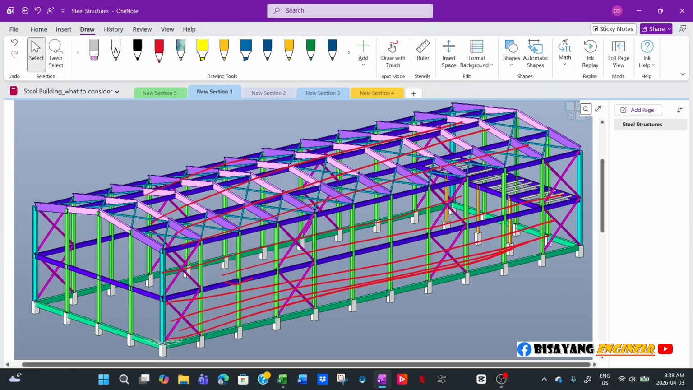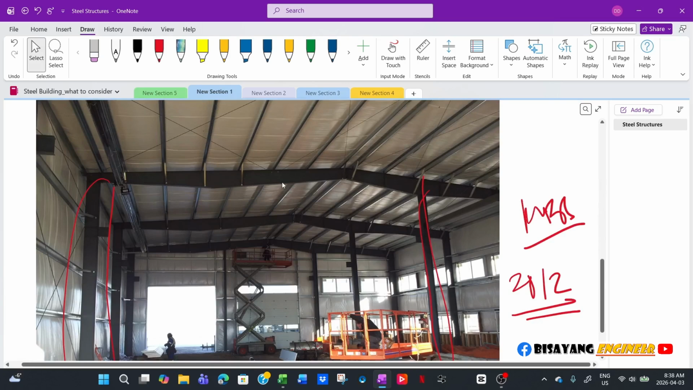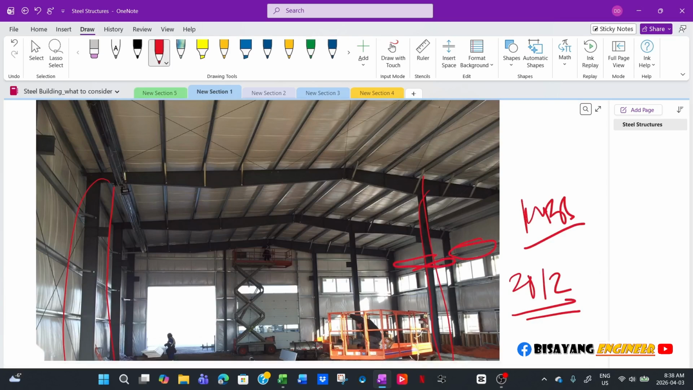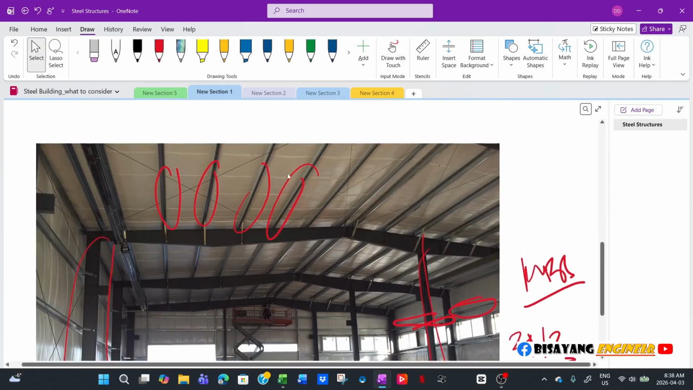You still have girts like this one here, right? You still have girts, and then you have purlins. You have purlins on the roof supporting the roof cladding. Now this one, in this particular frame,